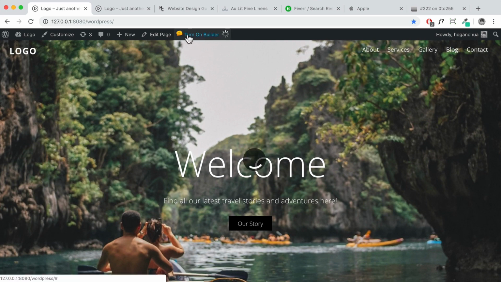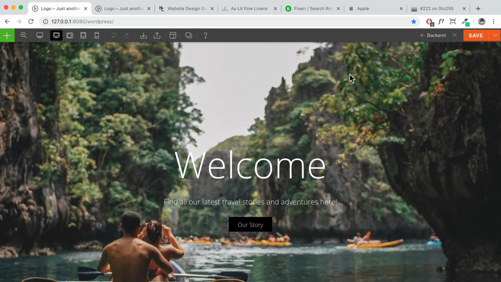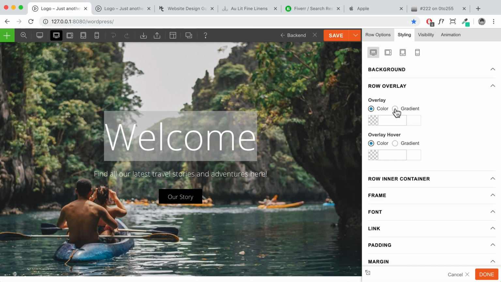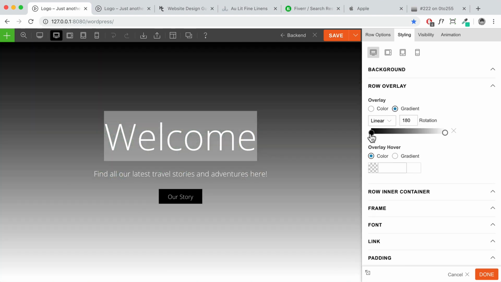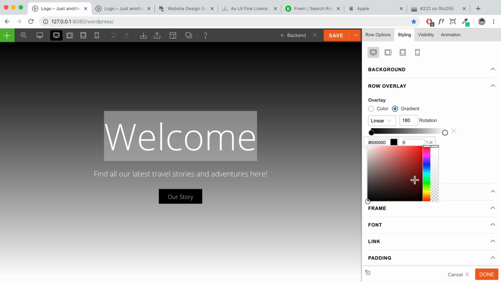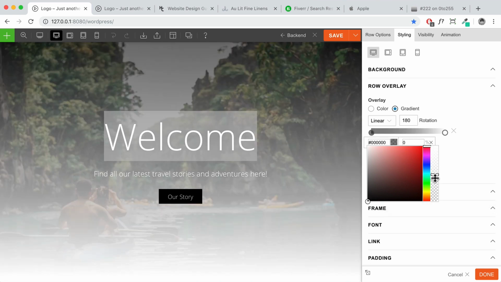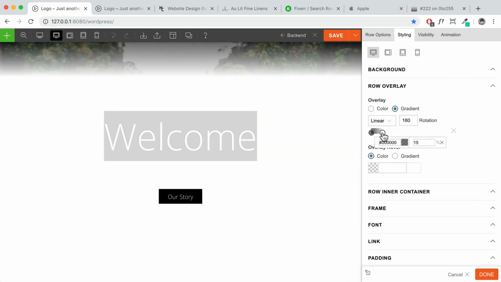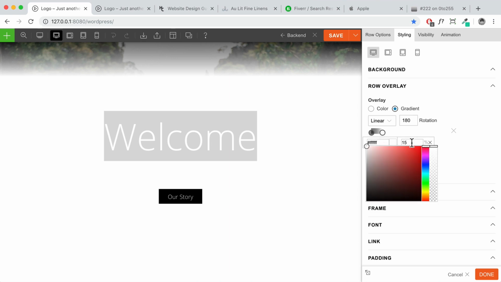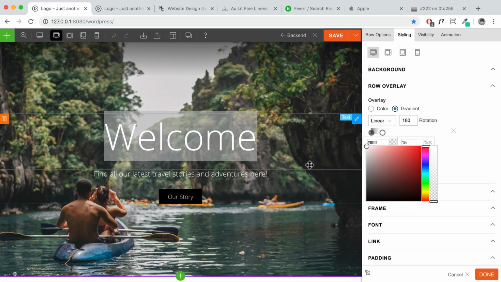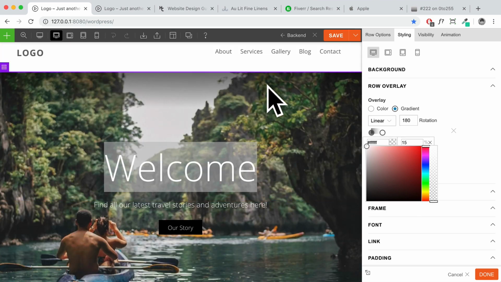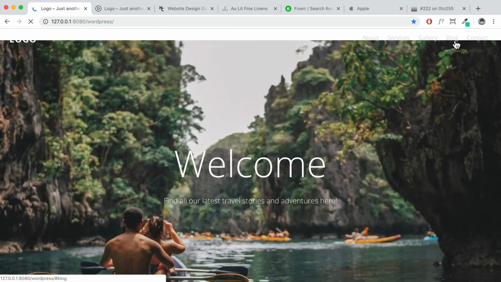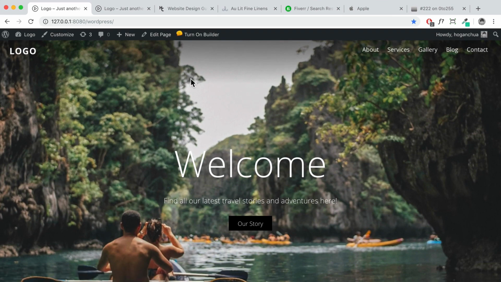Or you can go turn on Builder, and you can add a gradient to the background. So double click the background, styling, do a row overlay, select gradient, all right? And here you wanna select a black background and reduce it to 50%, okay? And let's try and drag this up to about 15% here and set the opacity down to 0. All right, so what that's gonna do is gonna make this part darker on the top, okay? Done, save it, close it,